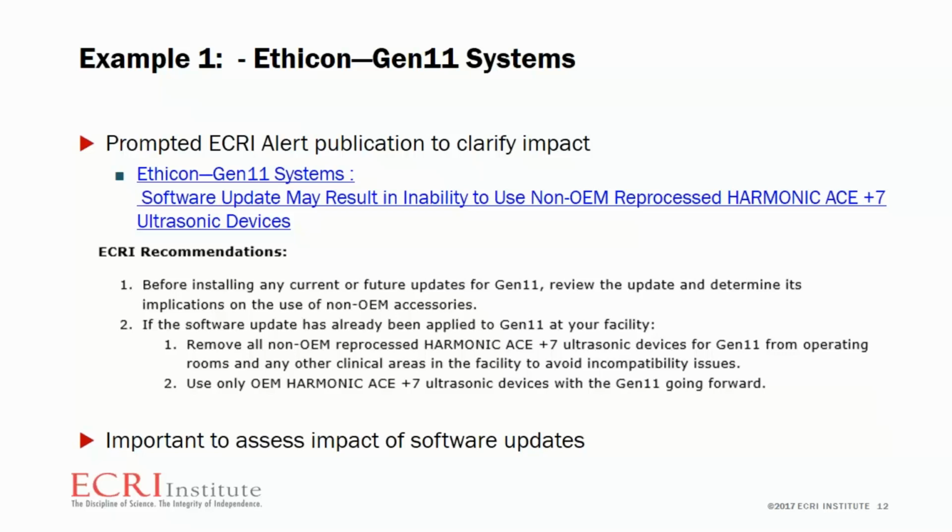And we also cautioned hospitals who had already moved forward with the update by the time our alert came out to remove any of the Harmonic ACE+7 ultrasonic devices from use. This highlighted a specific security alert that prompted a lot of ECRI's members to act and update their devices, because there was a cybersecurity notice out, and there was even a fix to it, which is definitely not the case